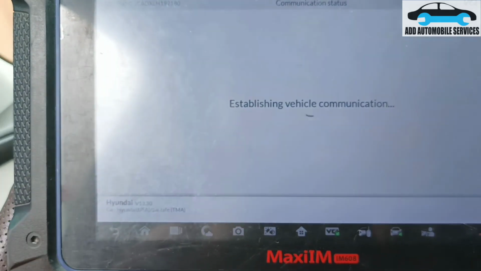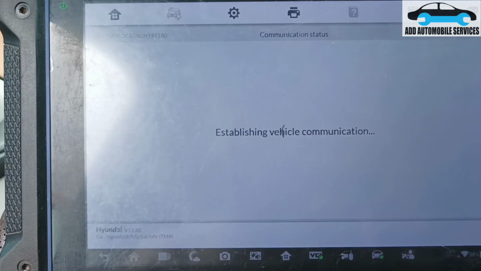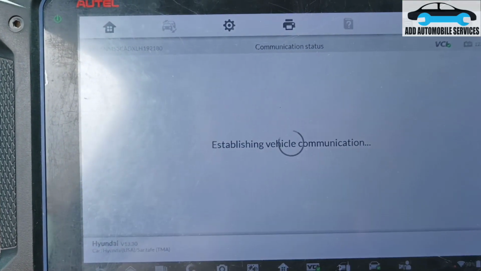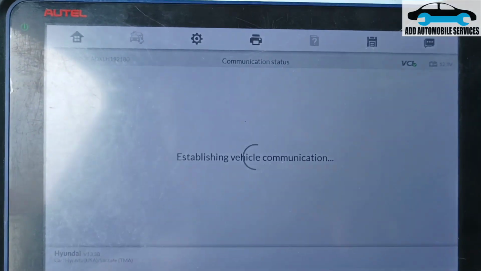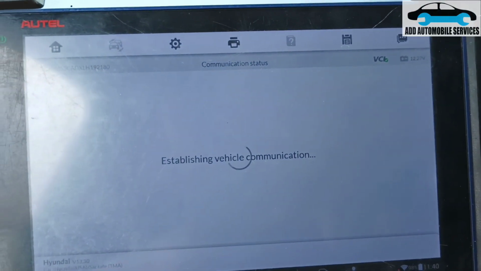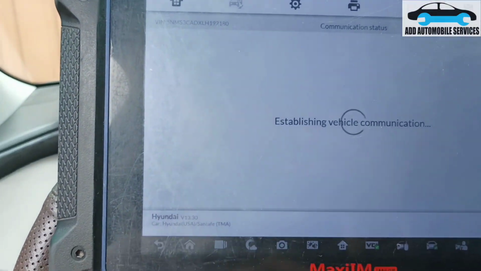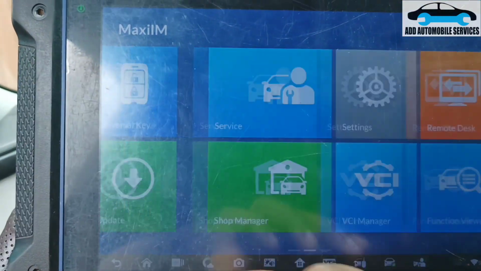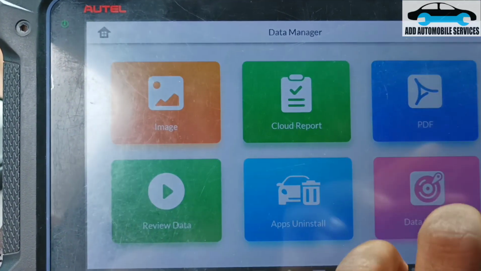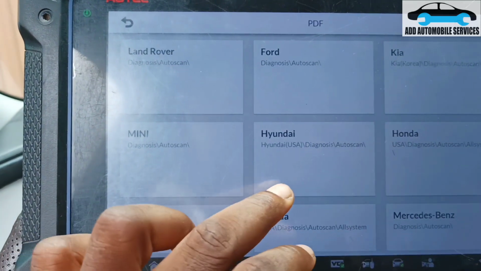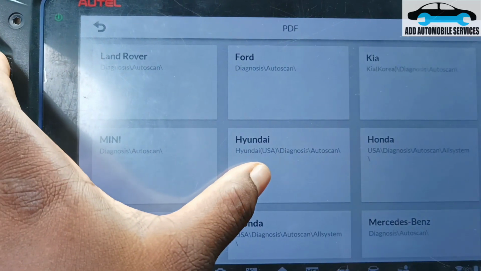Let me go to live data and see if I'll find anything related to the oxygen sensor. And then from there, I'll know what to do. I'll know the actual problem or the actual work to do. So that's why the client brought it to me. But I have to examine the converter, because the very first time I went to this vehicle, when I scanned it, I saved the data so that in case of anything, I can go back to it. So this is the data,